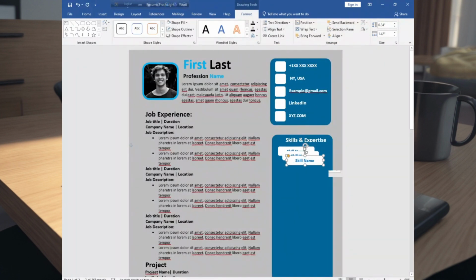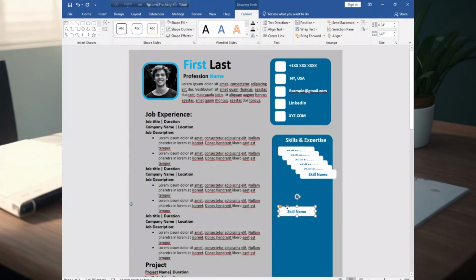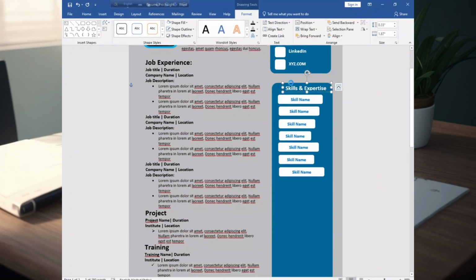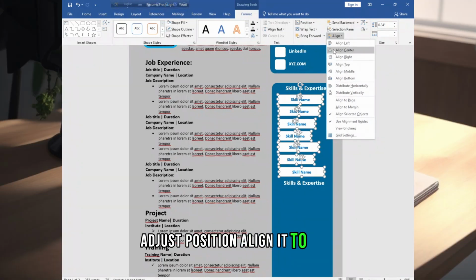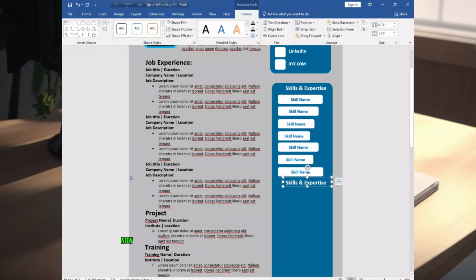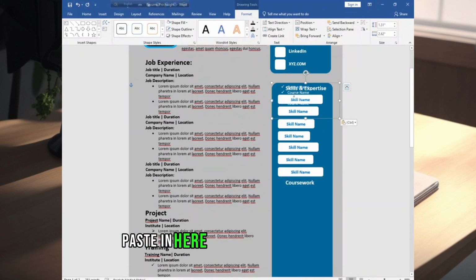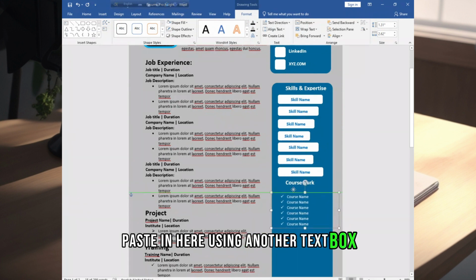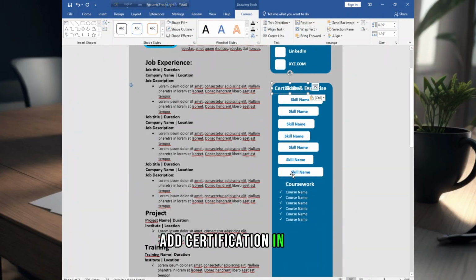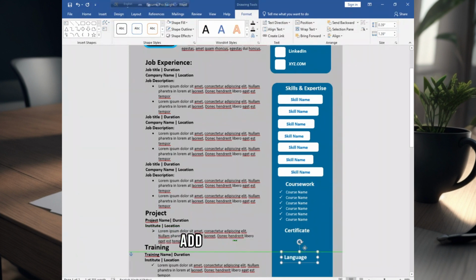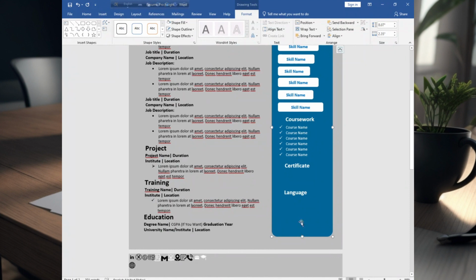Copy paste it, adjust the position here, copy paste another section in here, copy paste here, make the alignment, select all these, adjust the position, align it to the left. Now you can add the course section in here, paste in here using another text box, add certification in here using another text box, or you can copy paste it from here, add language here, drag it more, copy paste this section,